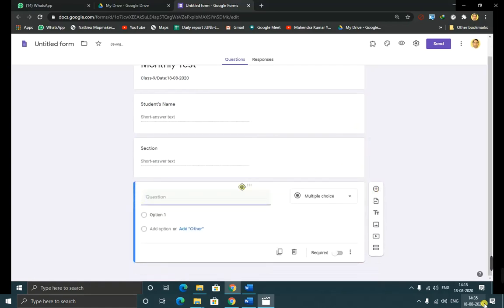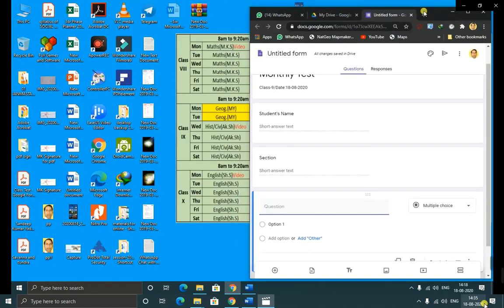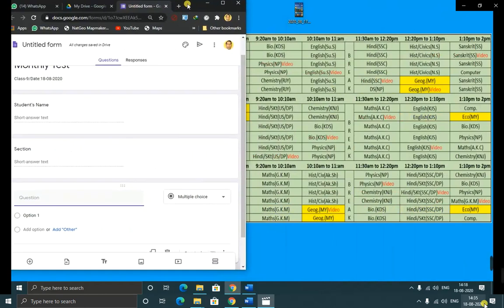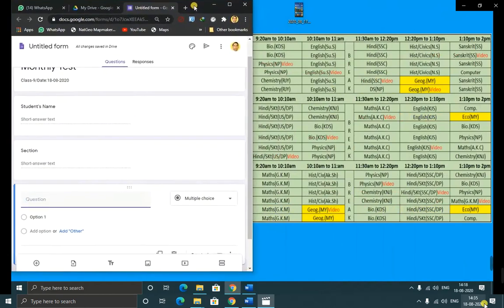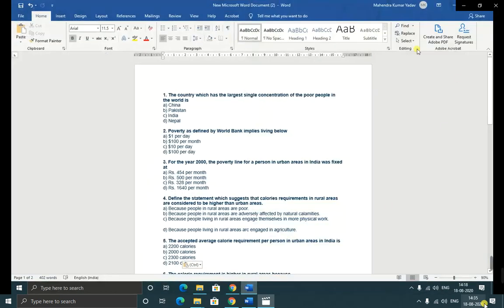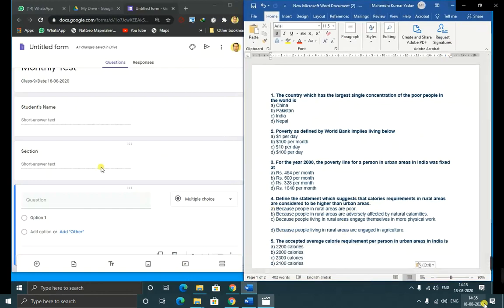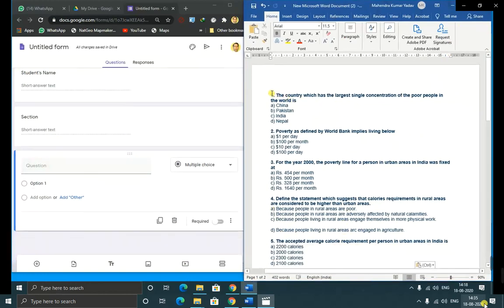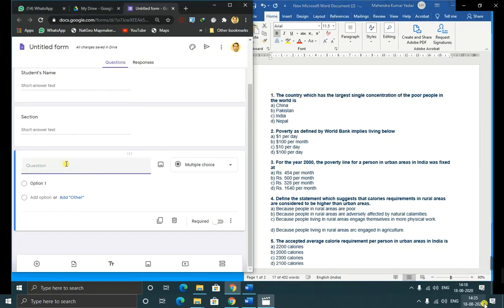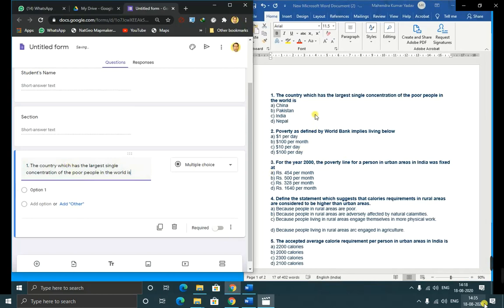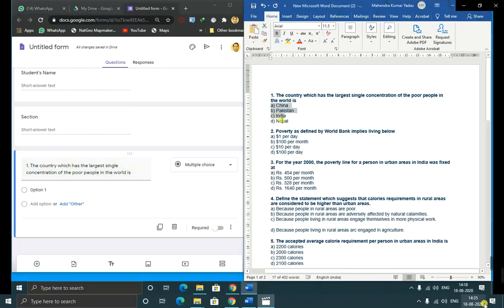Now next, place for question. So see here, if you will have the question set in Word format, that will be easier to copy and paste the question and the option MCQ type of questions. So see how it is done very simply. The question copied, then the option copied,